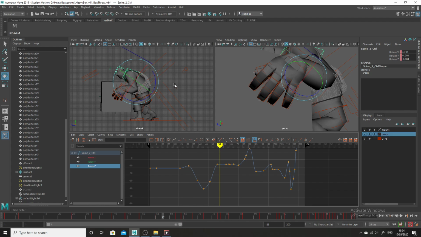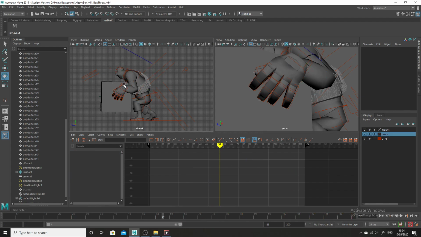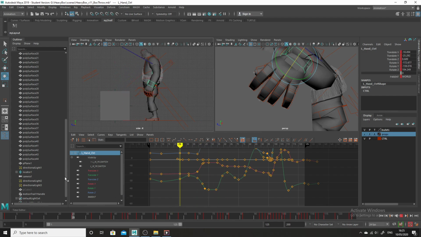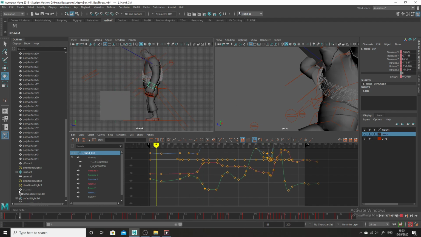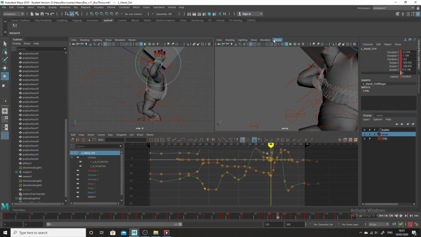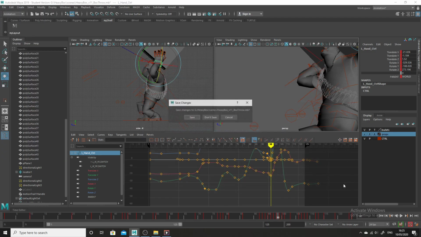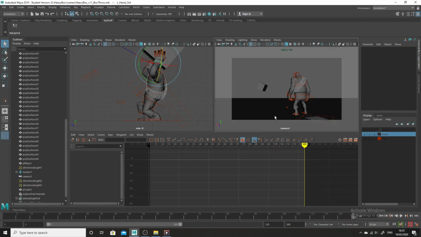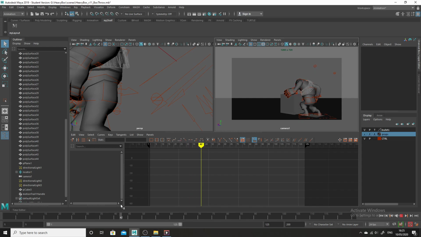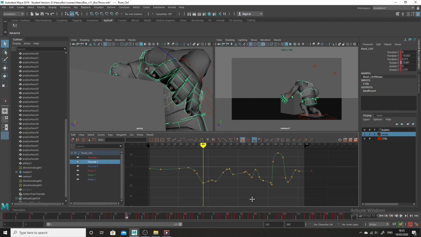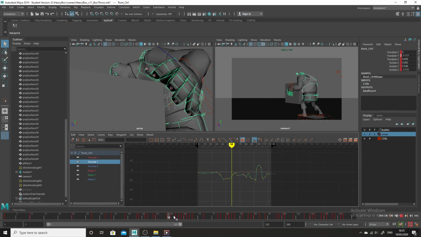Sometimes if you don't want two things to happen at the same time, you can just take a curve and slip part of it slightly before or after, just to offset things. Otherwise the animation might look a little bit robotic. Anyway, I hope this gives you a bit of an intuition as to how you can go about animating a guy doing an action. Again, it's that whole thing of just breaking stuff down, not being afraid to slip curves. If you want something happening before something else, if you want, for example, when he lands on the ground here,